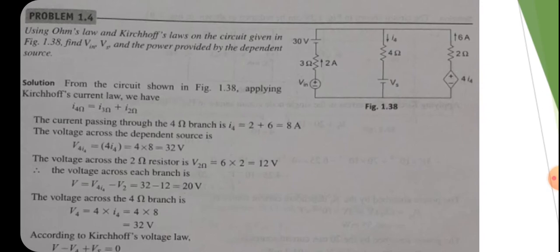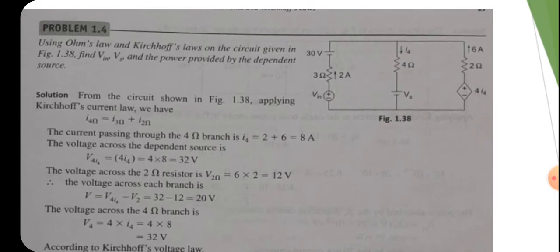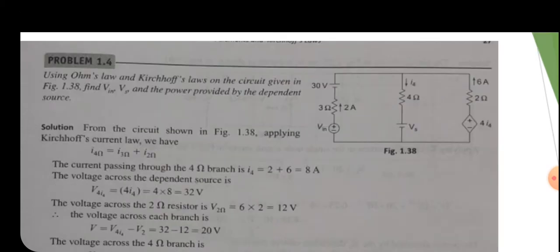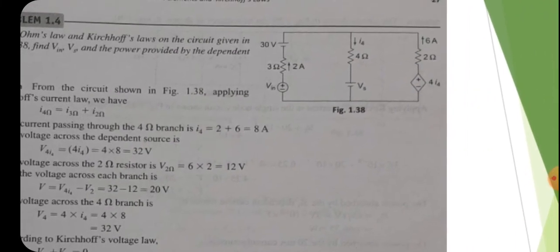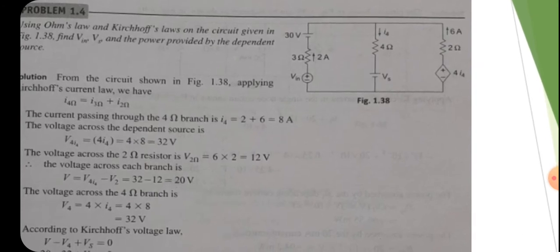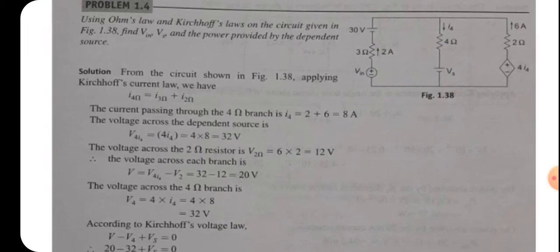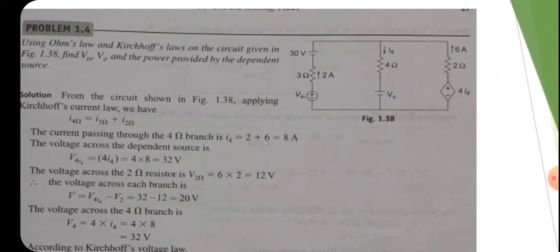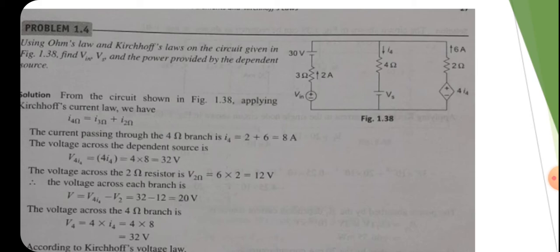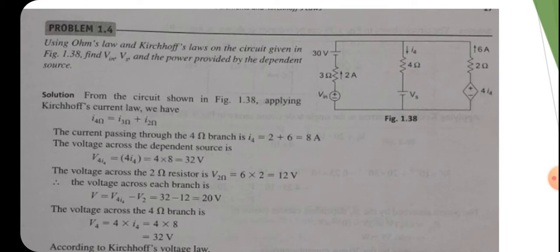So you can find that the current from the voltage source 4I4 comes through 2 ohm and then it flows through the middle branch. Similarly, current from the V in source also goes through 3 ohm and can also go through 4 ohm at the central branch. So the point where current I4 is marked is a node and you can apply Kirchhoff's current law at that node.